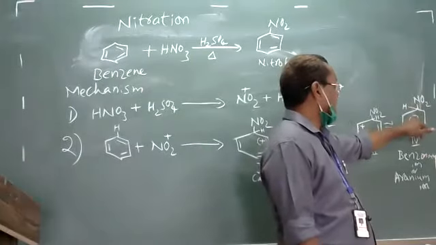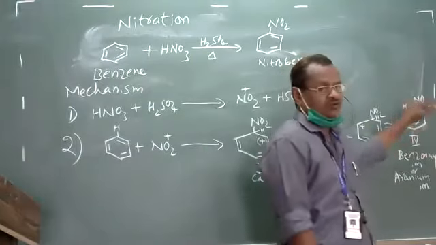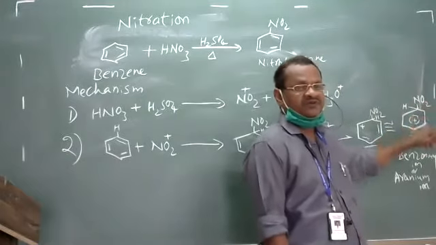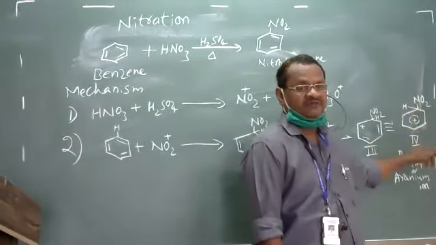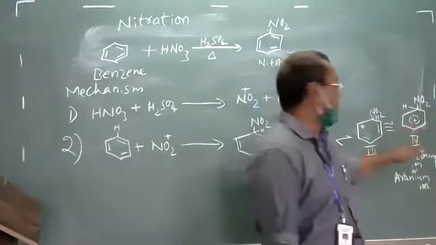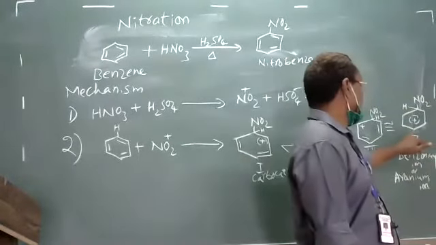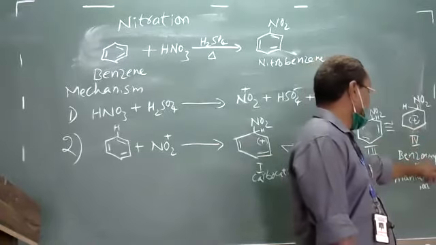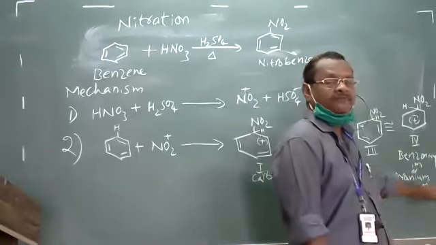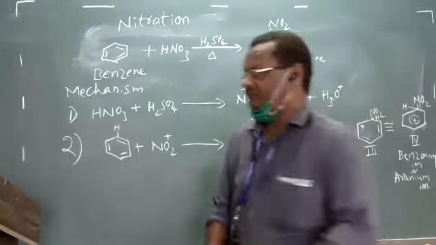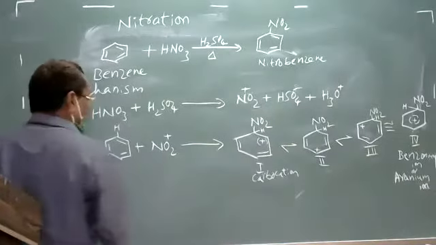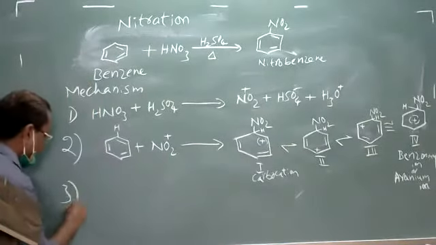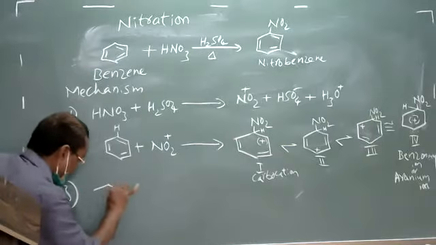This resonance hybrid indicates the positive charge is distributed throughout the molecule. It is purely because of the resonance effect, delocalization of pi electrons, and this leads to the formation of a more stable hybrid, and this hybrid is called a benzenonium ion or arenium ion. Clear? So in this particular benzenonium ion, in the next step,